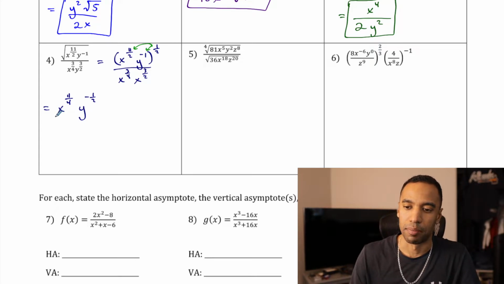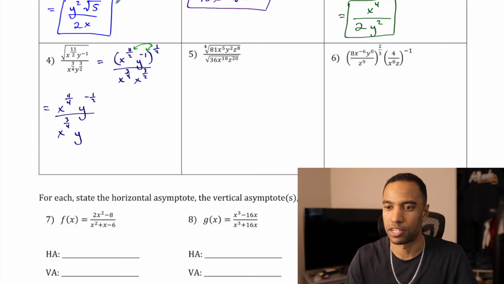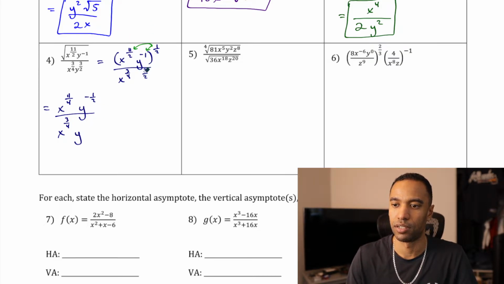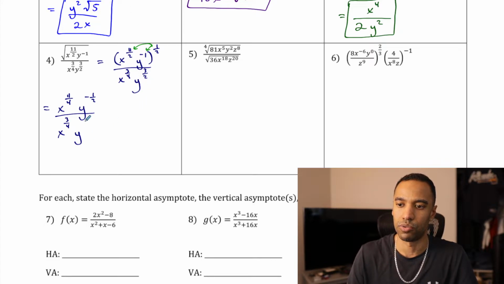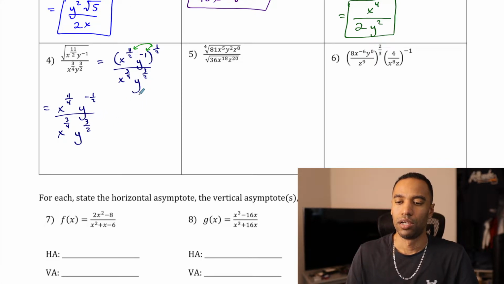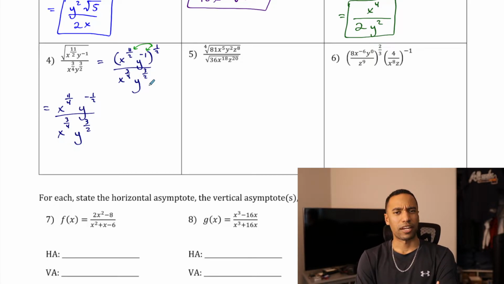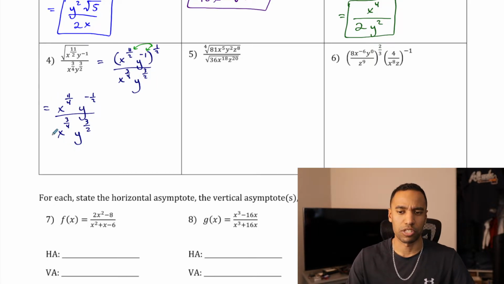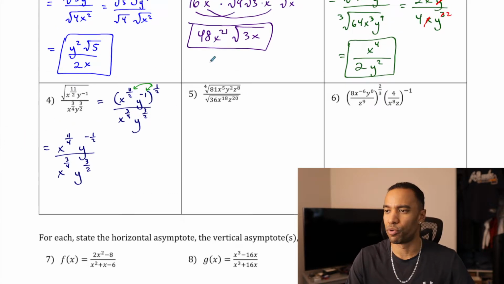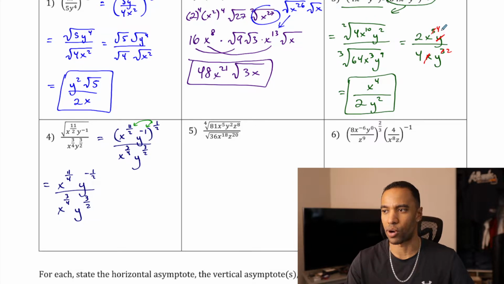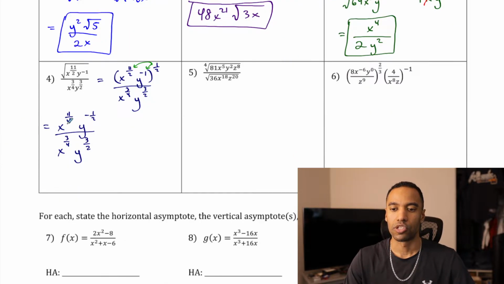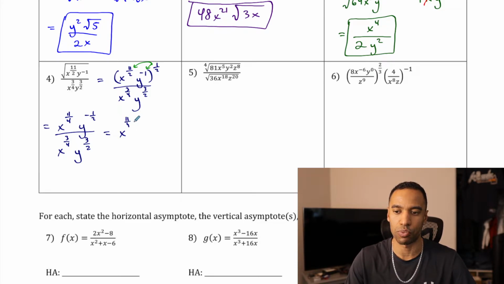On bottom, I have x to the 3/4 times y. Oh, I'm sorry, that should be a y right here. Times y to the 3/2. Okay, I wouldn't convert to rational or to radicals right now. I would definitely look at subtraction anytime, I did the whole removal thing here. The removing idea is a subtraction basis. When I remove the x here, I've subtracted 1 from the bottom. I did 5 minus 1 to get 4. And like that. So right here, as you're working, this is x to the 11/4 minus 3/4 power